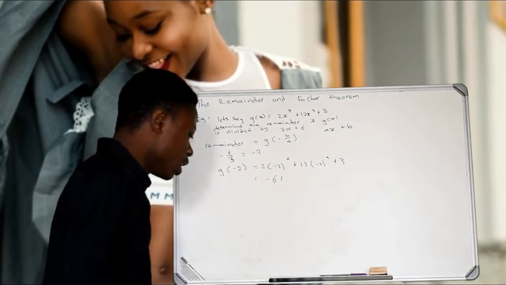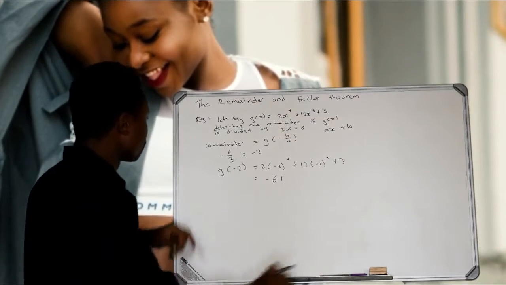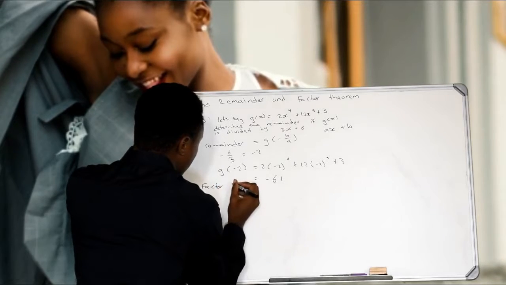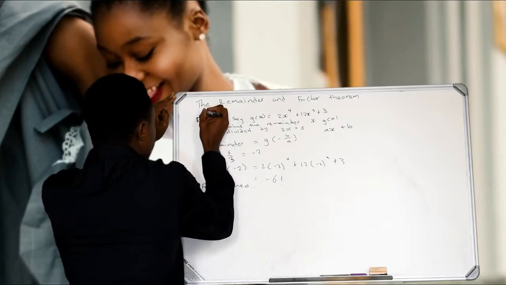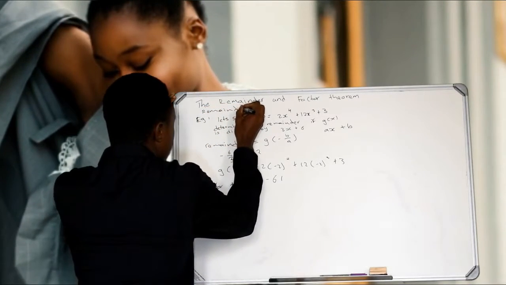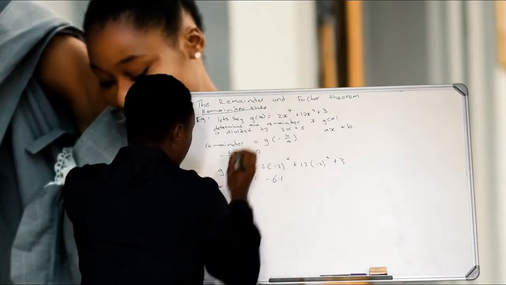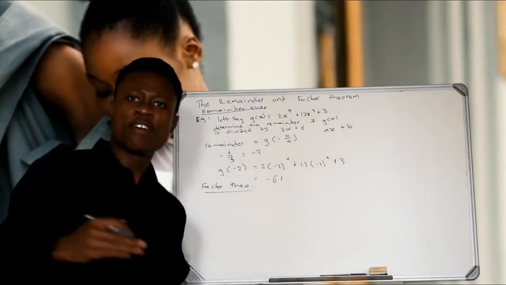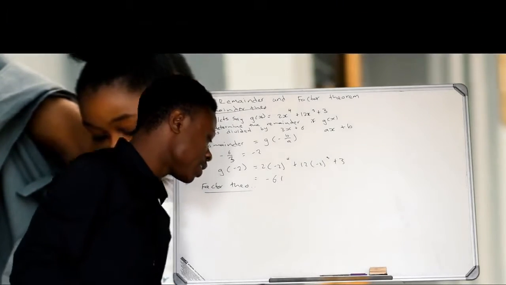So that's basically the remainder theorem. So let's look at the factor theorem. Let me write it here. Factor theorem, right? Then this is the remainder. So what is the factor theorem all about? The factor theorem is if f of x is a